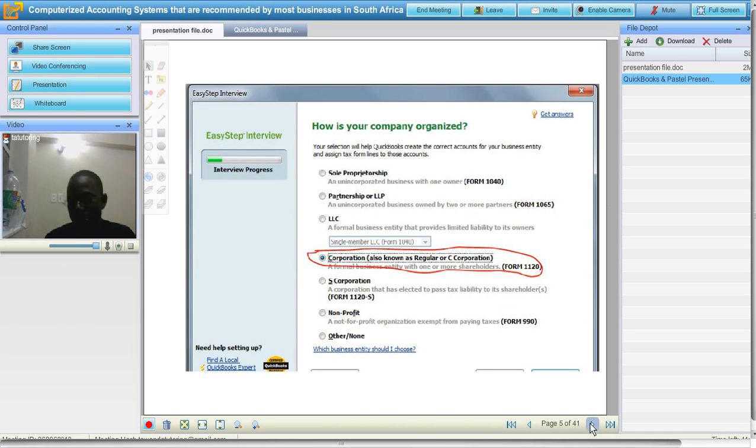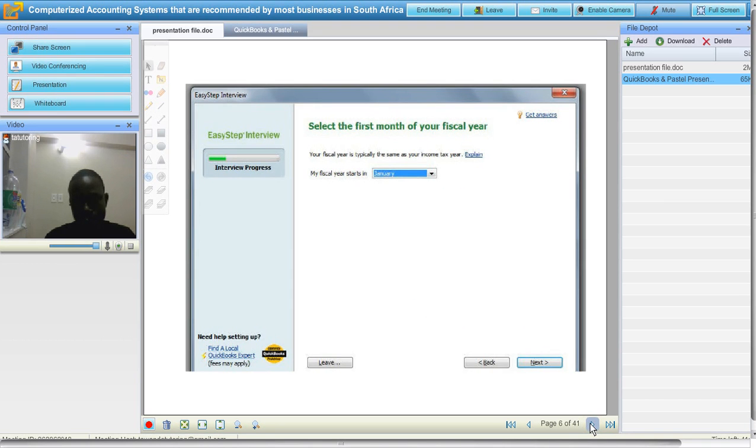Now, how is your company organized? This company is a corporate company. I don't know how yours will be. Then click next. What is your financial year? The first financial year for your company is the date and the month that you have created this company, that you've started capturing the information into the system.